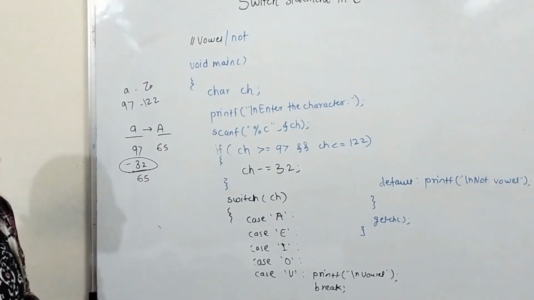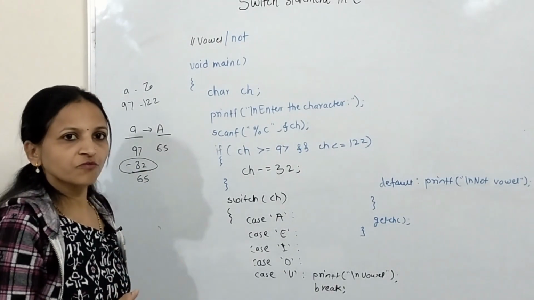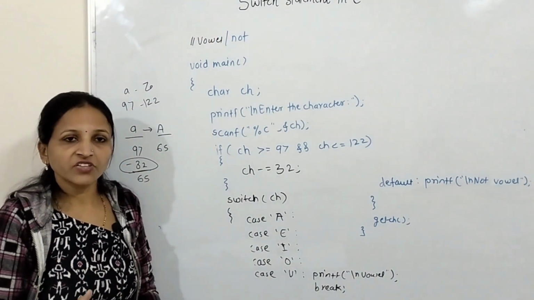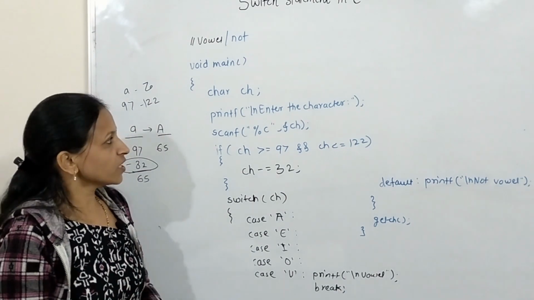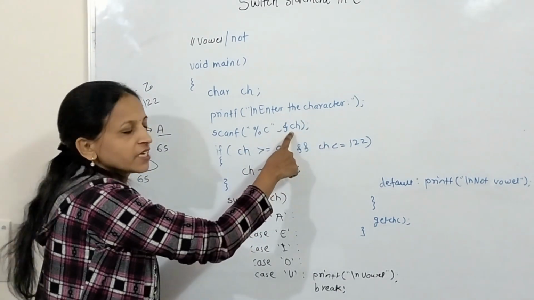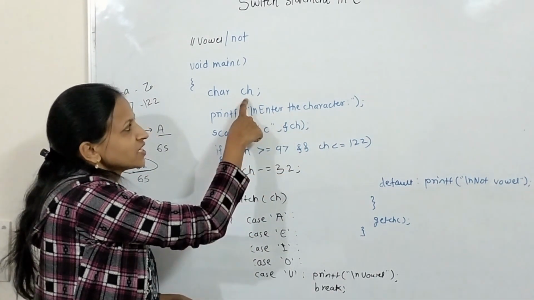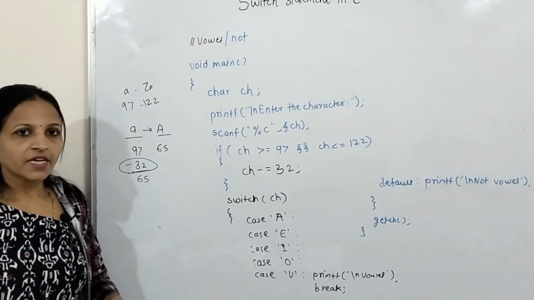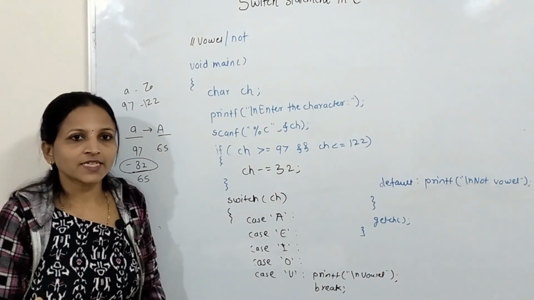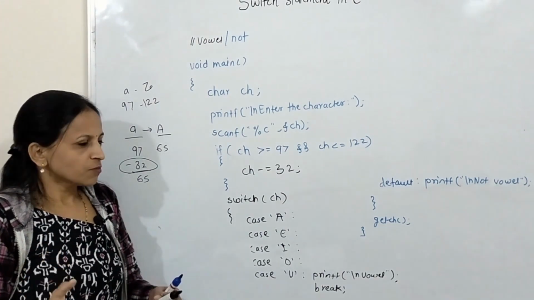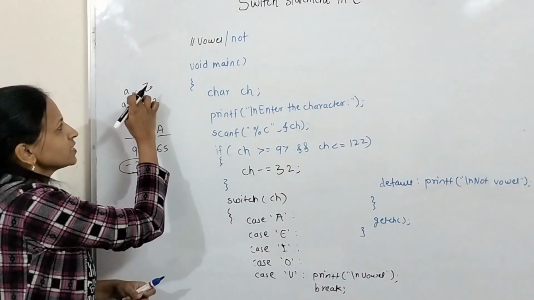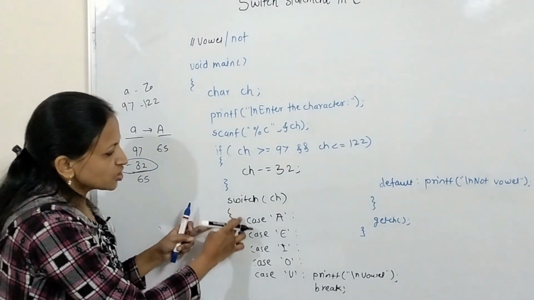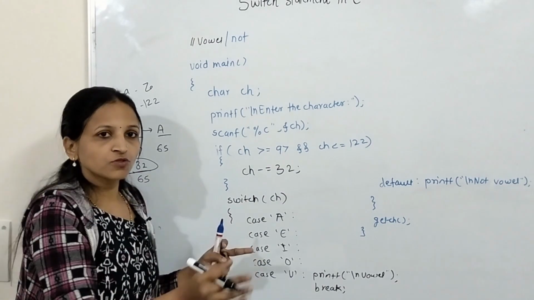Now see, I am explaining how to write a program for checking whether a user entered character is a vowel or not with the help of this switch case. First we have to accept a character from the user and store it inside this character variable ch. The user can enter any capital case or small case character. If the user has entered a small case letter, then we will convert it to capital and then only check for capital cases. No need to check for small cases.